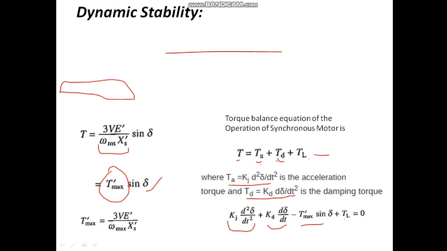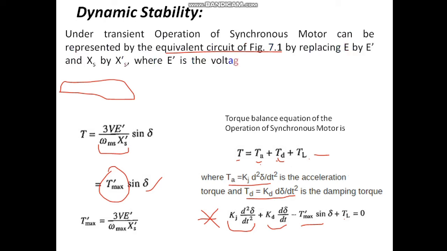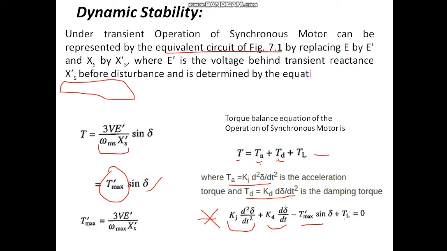So this equation is a non-linear differential equation. You can see this, right? It can be solved numerically to obtain the value of torque angle delta with time, and thus ascertain the dynamic stability of the motor load system. So this is all about transient stability, transients due to load disturbances, where you need to talk about dynamic stability and the steady state stability limit. This is important, asked for 10 marks. So carefully go through this. Thank you.